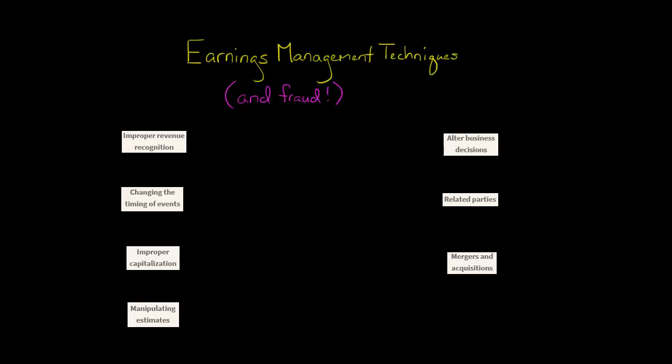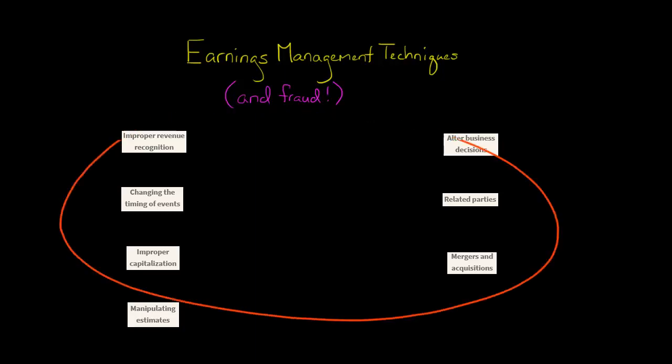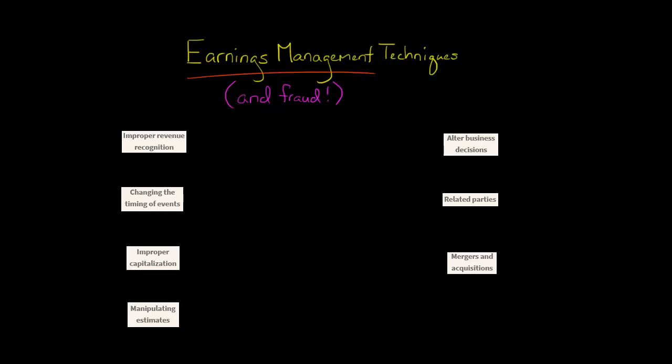Companies can manipulate their financial statements in a variety of ways. Some of this is simple earnings management, while some of it is outright fraud. The most common way for a company to manipulate its financial statements is through improper revenue recognition. This means the company recognized too much or too little revenue. Usually it's too much. We call that aggressive revenue recognition, and they recognize a sale when they should not be